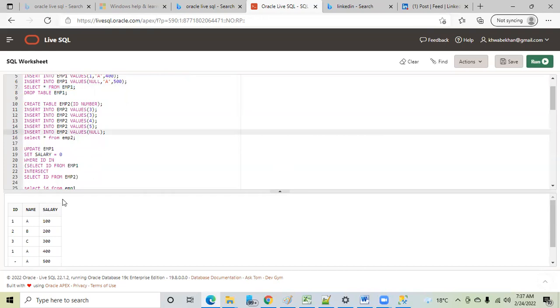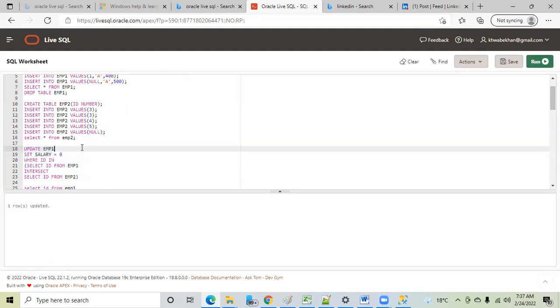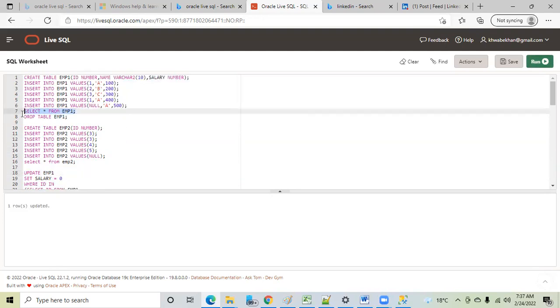So we got the output for ID 3, value is 0. And this is what we were expecting, that ID 3 should be updated to 0.